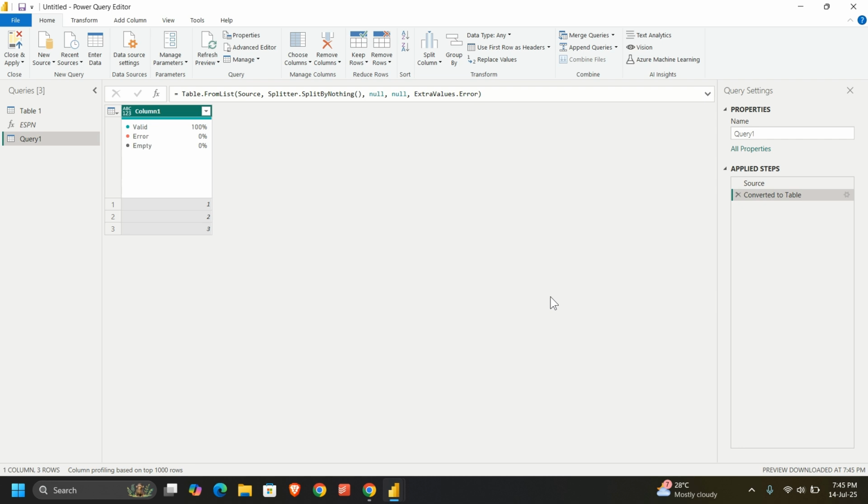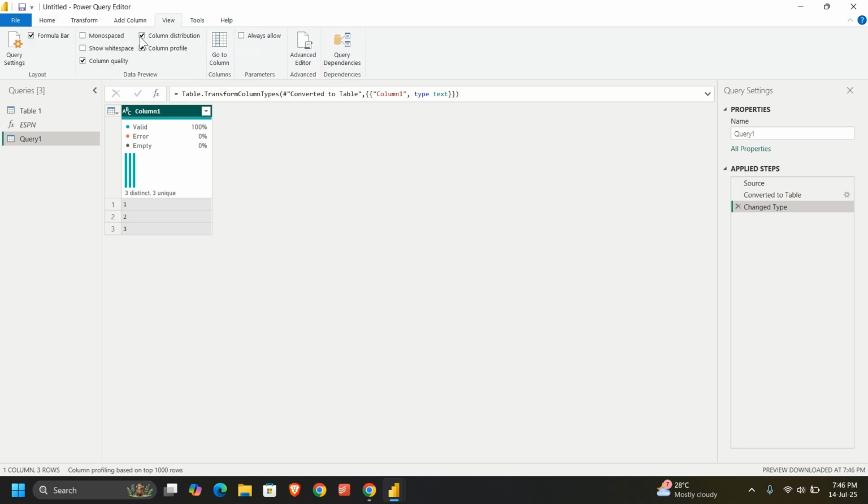Now I need to convert this into the text data type because I have created a variable ps that is working as text. For instance, I would like to add one more thing. Here I have enabled these options, which is why you're getting this kind of stuff here. You can just keep it as it is since I've not shown it in the video, so let me keep it as it is.